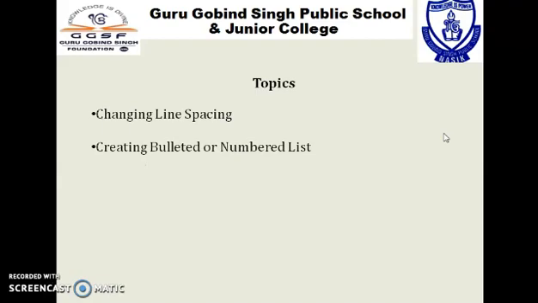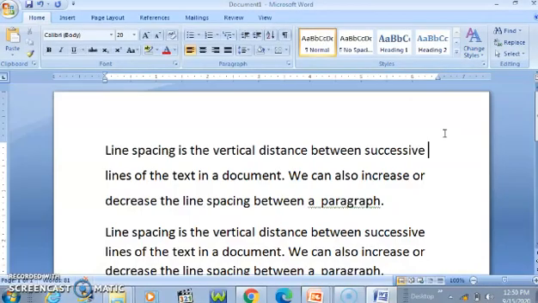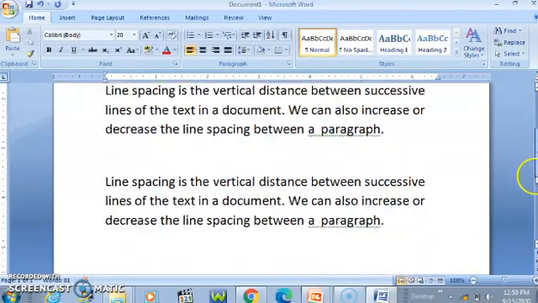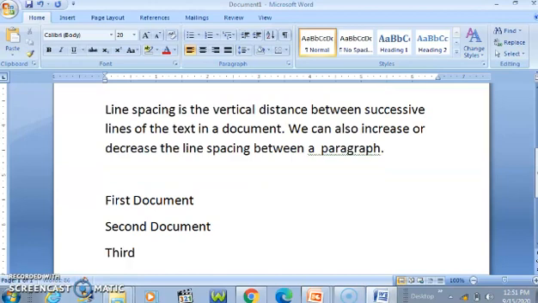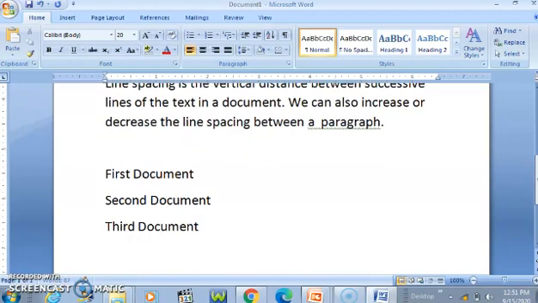Then let's see the next topic, creating a bulleted or numbered list. Now we need to create a bulleted or numbered list. If you want to type the document with some list in your document, like I will make some point: first, this is my first document, then second document, third document and fourth document.